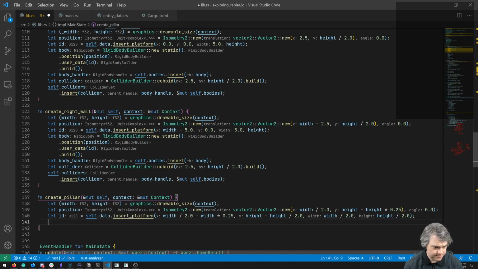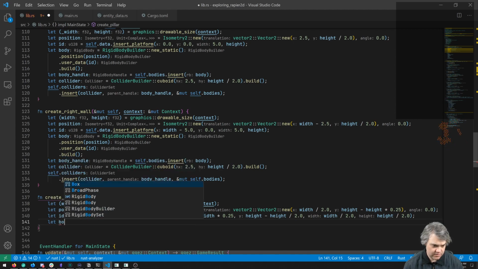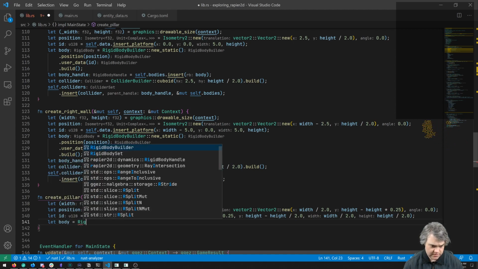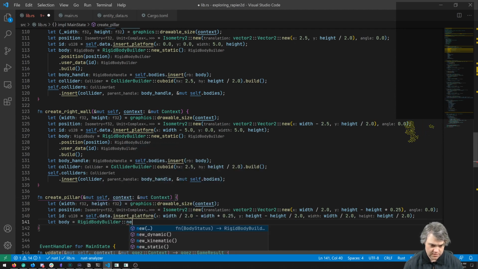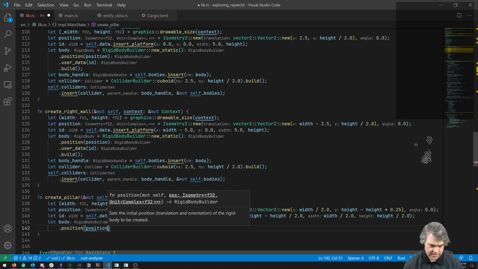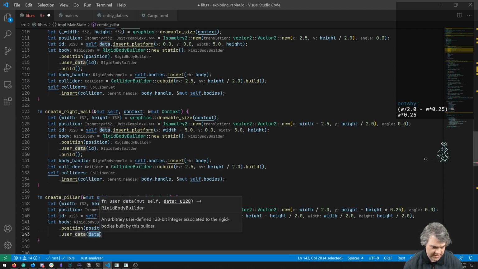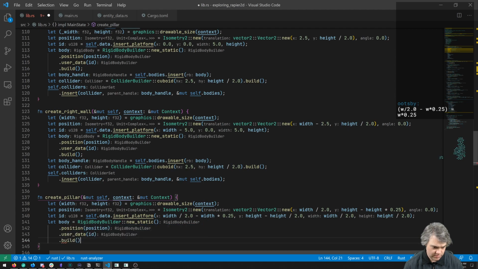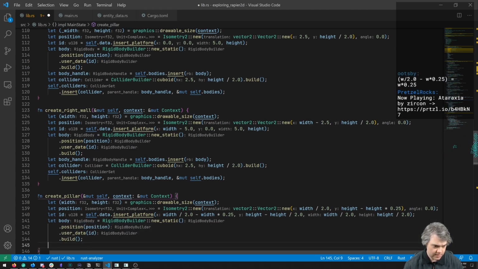Okay, so then create the actual body. It's gonna be a new static. Okay, position, give it the position. User data, give it the ID. And we build it. Okay, then we do self.bodies.insert. Oh, wait. Let our body handle. Thank you. Width divided by 2